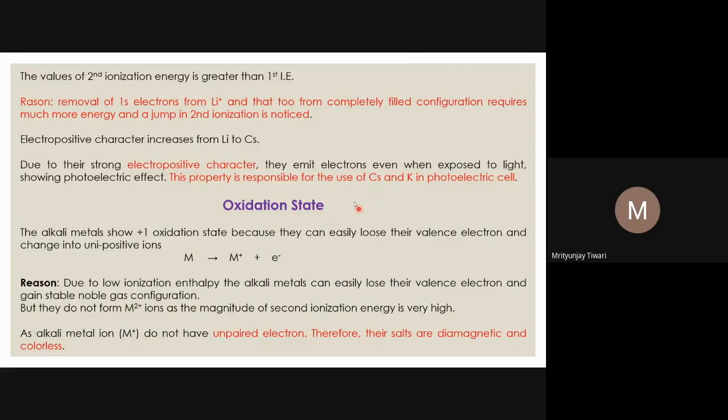Then let us look at the oxidation state. This is what we are going to start. Up to the ionization enthalpy I have already explained. Regarding ionization enthalpy, one more thing I want to mention: in a particular period, the ionization enthalpy of alkali metals is the least, meaning smallest in that period. For lithium, it will be the smallest of all the elements in the second period. Similarly, for sodium, a third period element, its ionization enthalpy is the least of all the elements in the same period. You can see this in the long form of the periodic table that we usually use.